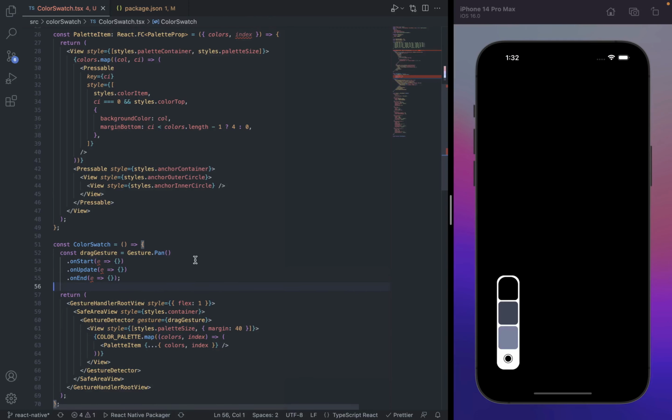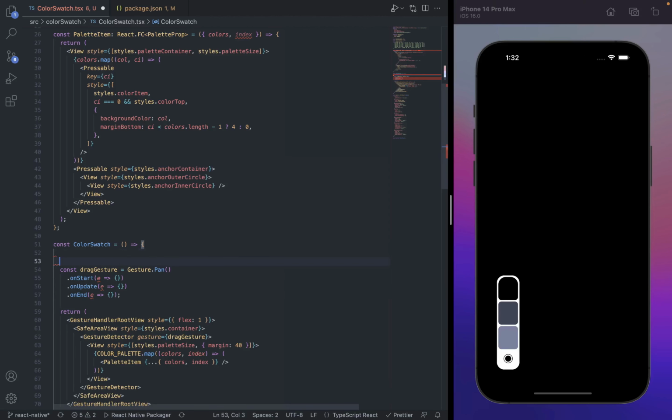Now what we're going to do in these callbacks is, based on the user's touch on the screen, calculate the angle of rotation from a certain point. So whatever the user's touch is on the screen, the finger position or the mouse, we're going to calculate that position from a certain point, say this anchor, and calculate a degree, the angle, and based on that we're going to rotate the palette. So for that I'm going to create a function